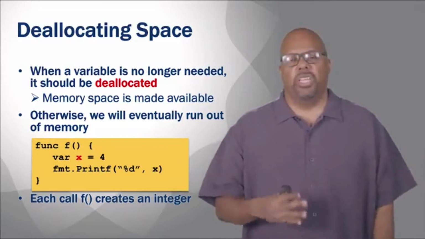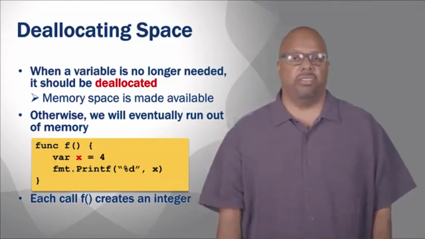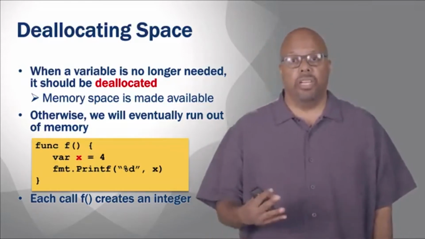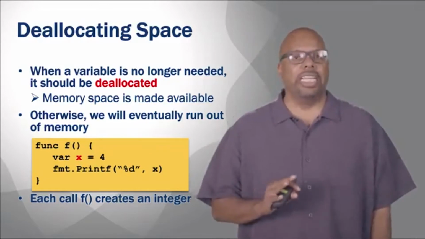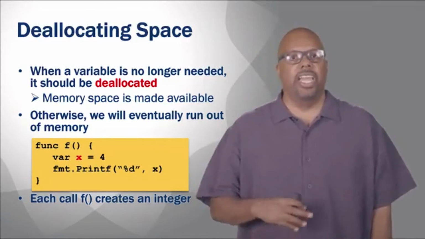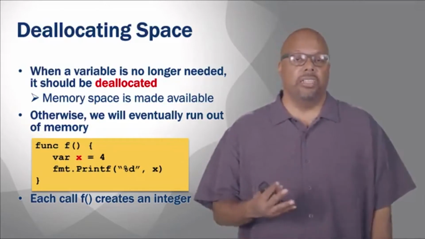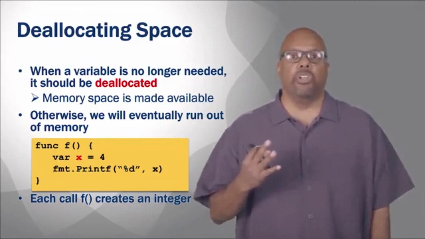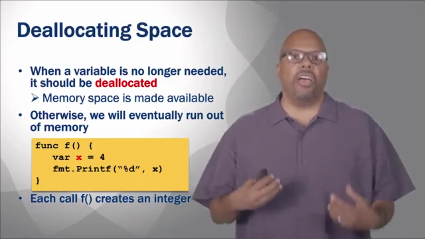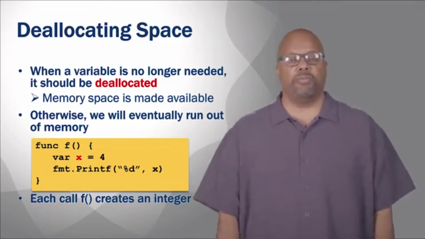And you might think, well, how am I going to use up my space? I've got X number of gigs in my memory system. You can eat that up very quickly, right? And believe me, this is called a memory leak. This is a thing that happens in C a lot. You can eat up all your space very quickly. So you have to deallocate this space in a timely fashion.